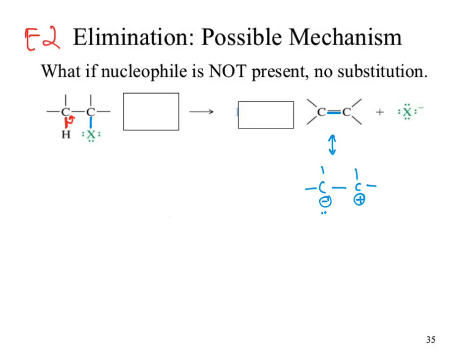Draw another arrow. See? Whenever something's wrong, just draw more. Okay? Where's that other arrow? The CX bond to the X. Why should it go towards the X? That atom we're just assuming is our leaving group. It's the more electronegative one. It's probably larger. All of these things are going to contribute to it withdrawing those electrons. Which would mean, at the end of that, what would I draw? A positive carbon and